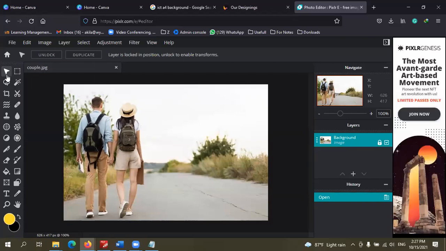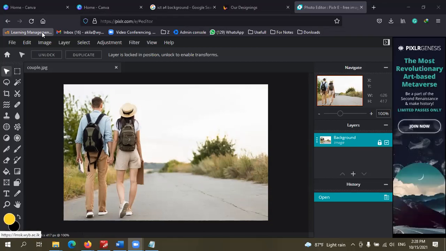You can just use this tool to arrange the elements or images here. Right, everyone, so we will learn the other tool.